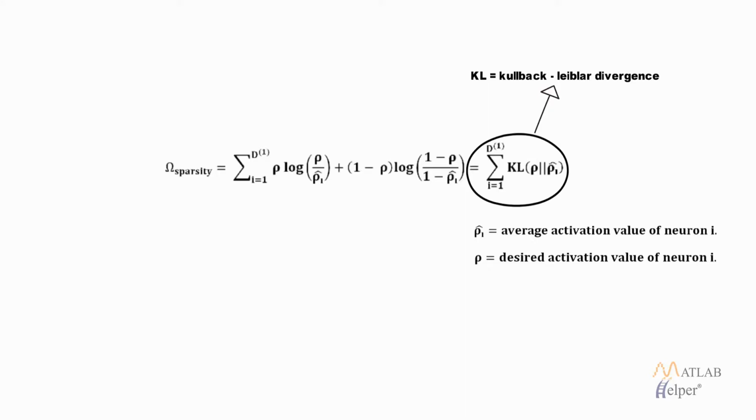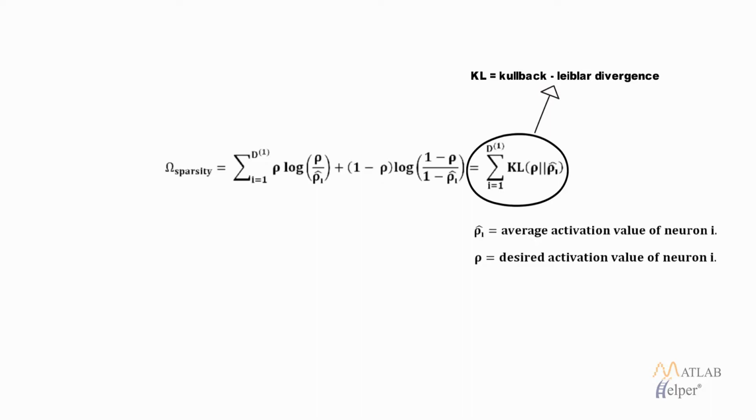This is done by providing the average activation value from the user's end and then comparing it with the actual activation value. As in the formula, you can see that rho cap i represents the actual activation value and rho represents the user-supplied activation value. If these two are close to each other, then the sparsity regularization term will be 0. And if these two diverge from each other, then the sparsity regularization term will be large and it will affect the cost function. By doing this, we are encouraging our autoencoder neural network to learn a representation where each neuron in the hidden layer fires for only a small number of training examples. The sparsity regularization term is similar to the Kullback-Leibler regularization term.